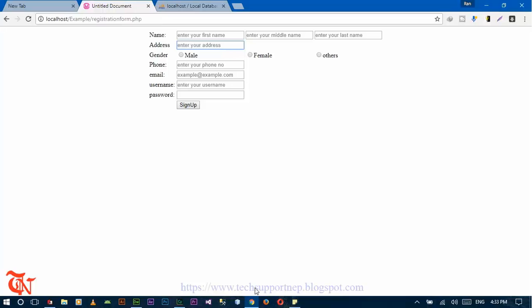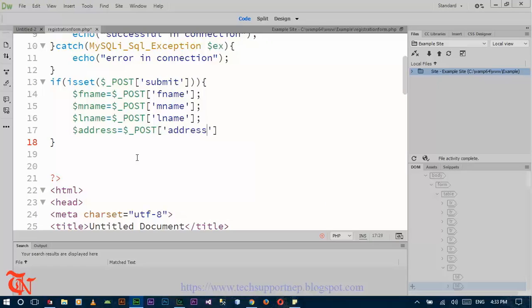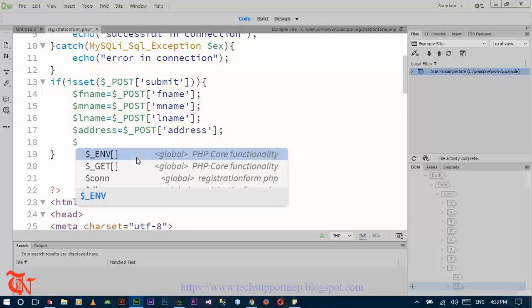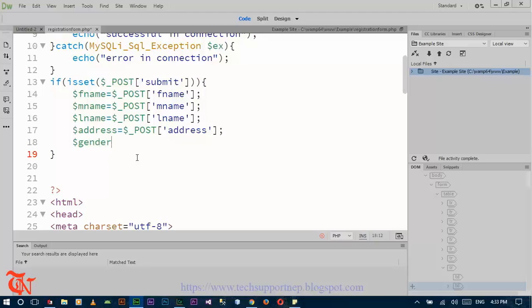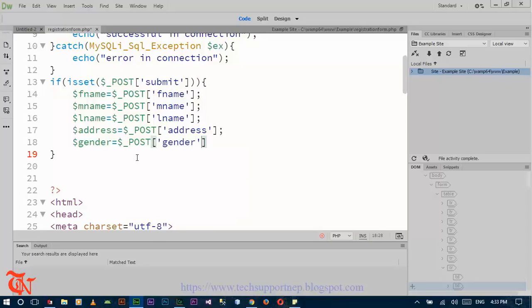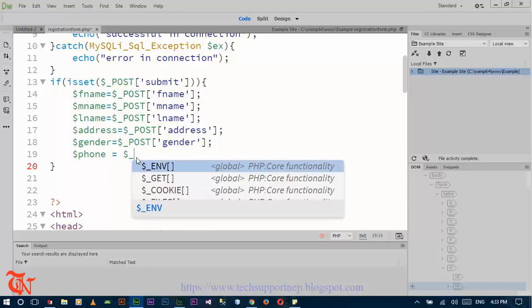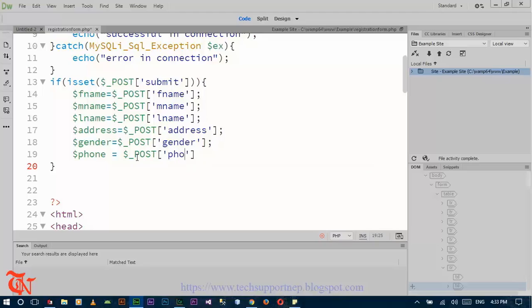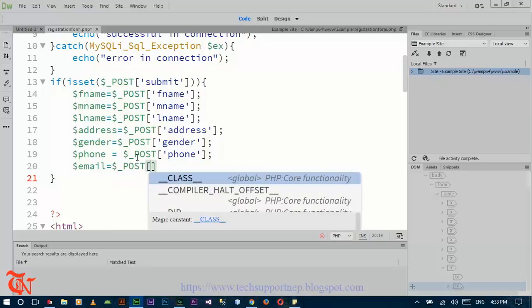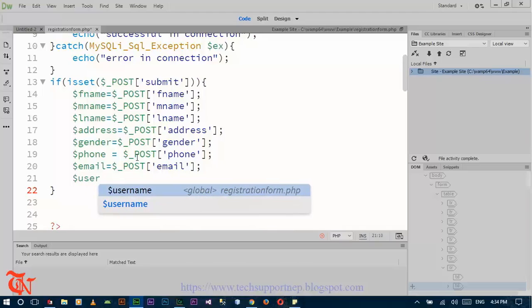Address, gender, phone, email address, post address, and then insert is equal to